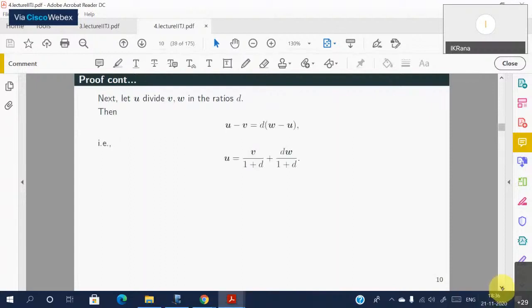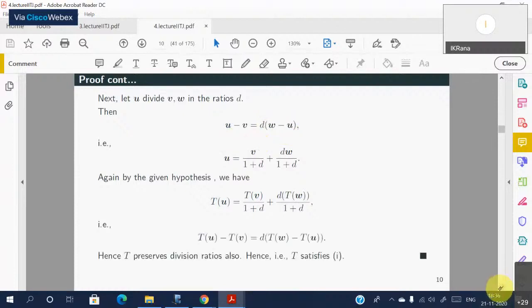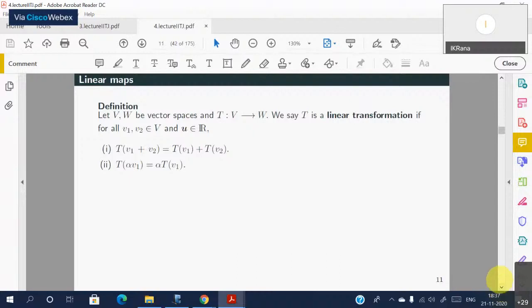You can always pause your video when you're watching a video. So again, see again u minus v, you divide in this ratio and write this as well. So that proves it, and that motivates one to define what is called a linear transformation. What I have tried to show you quickly, hurriedly, is that a map T from V to W preserves division ratios and collinearity and keeps origin fixed should have this property. It's equivalent to saying this property. So that's why we need to study these transformations.